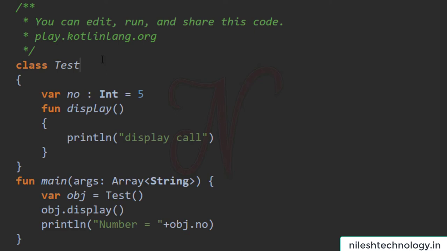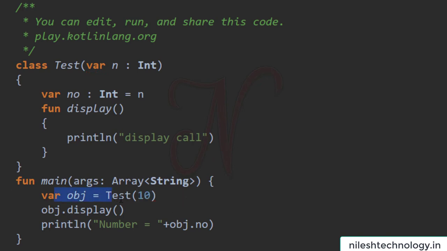This is the class Test, and in the class header we pass one parameter, for example val n: Int, and this n value is assigned to the number variable. After creating the object we pass one value, 10.